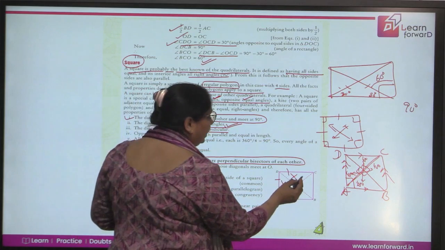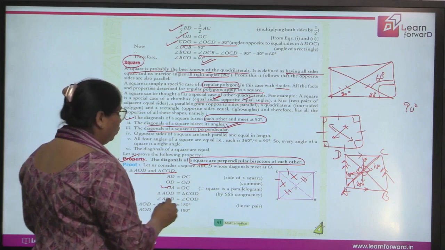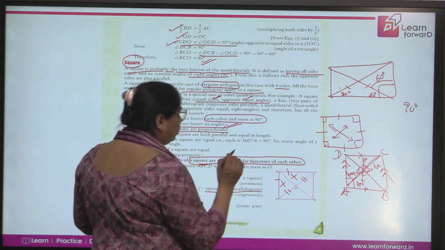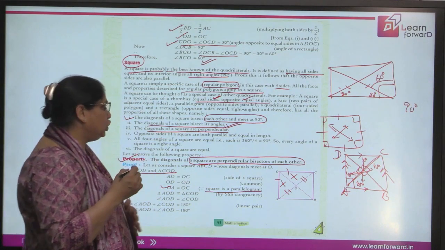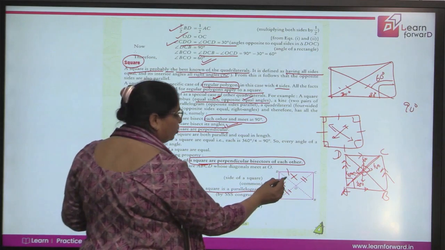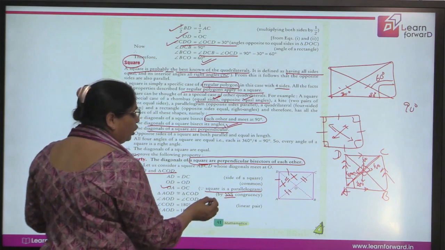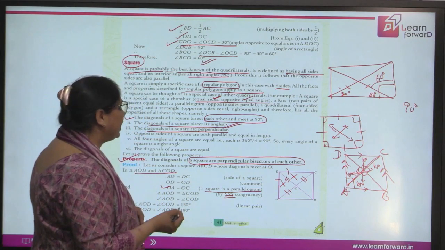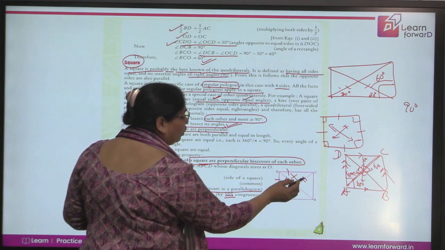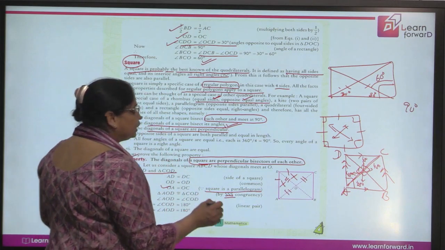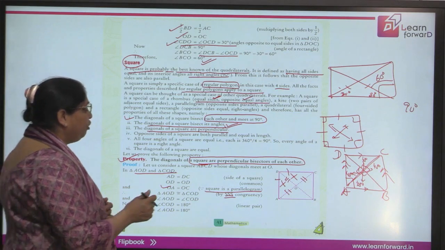This side CO is equal to AO. Why is CO equal to AO? Because, as in a parallelogram, the square's diagonals bisect each other. And this side DO is common. So all three sides are matched, and the congruency rule applied here is the SSS congruence rule. AO equals CO, and DO is common. So by the SSS congruence rule, these two triangles are congruent, and by this we get angle AOD